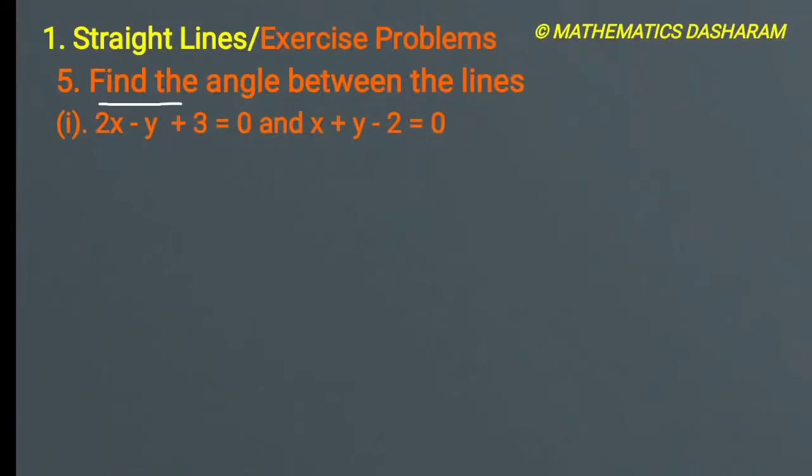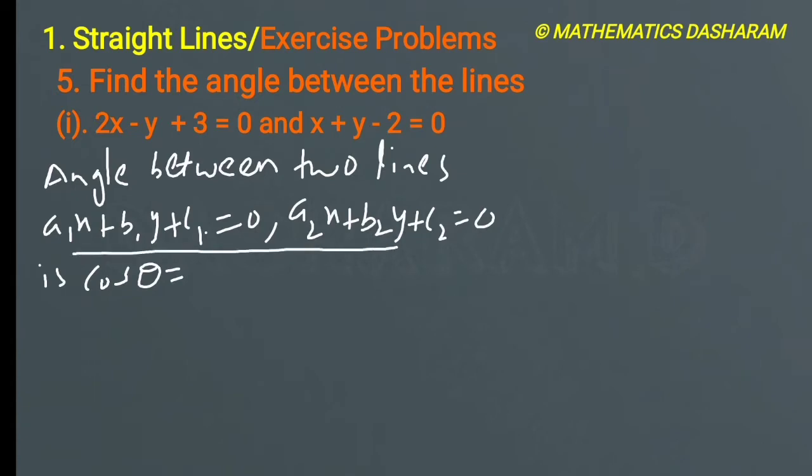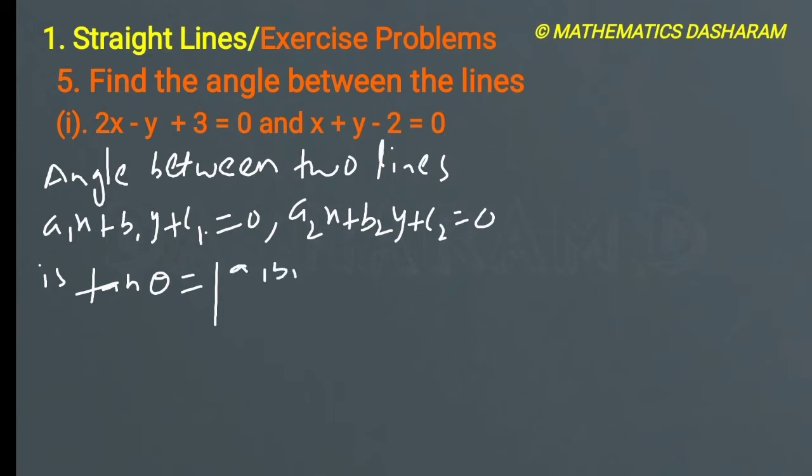Fifth bit, find the angle between the lines. First question, 2x minus y plus 3 equals 0 and x plus y minus 2 equals 0. So here are two equations. The angle between these two lines is given by cos theta. Actually we have two formulas, cos theta and tan theta. I am using the tan theta formula, that is mod a1 b2 minus a2 b1 divided by